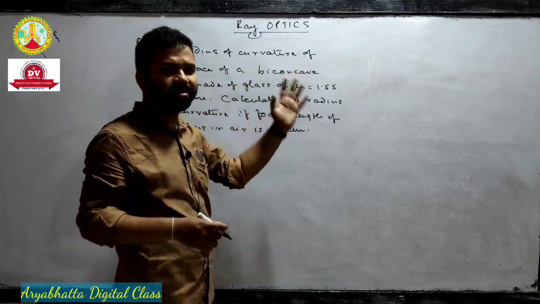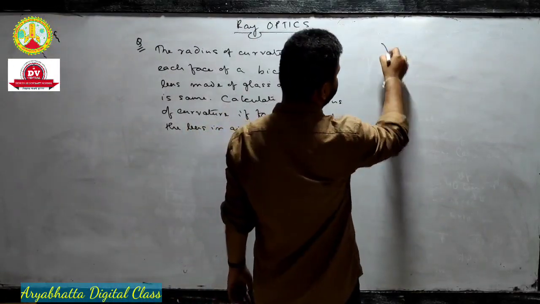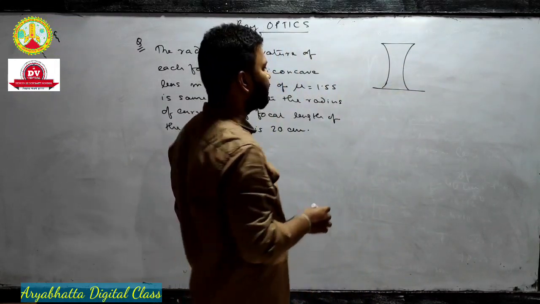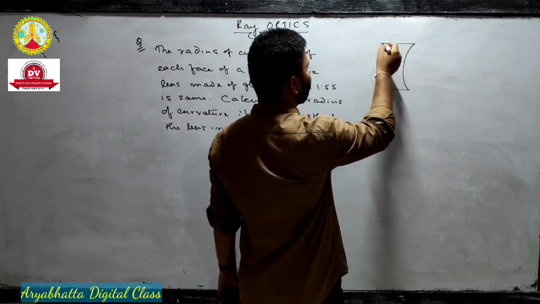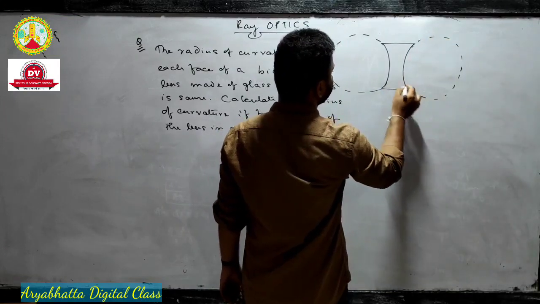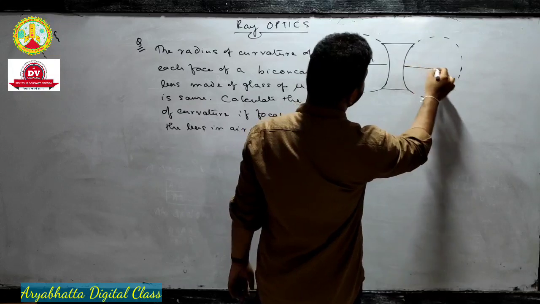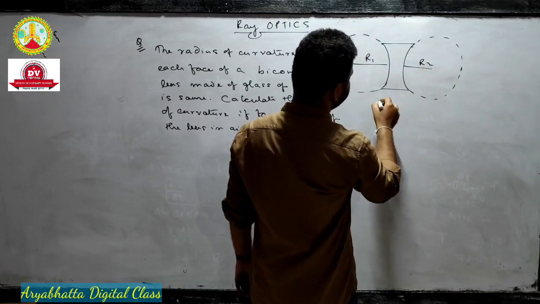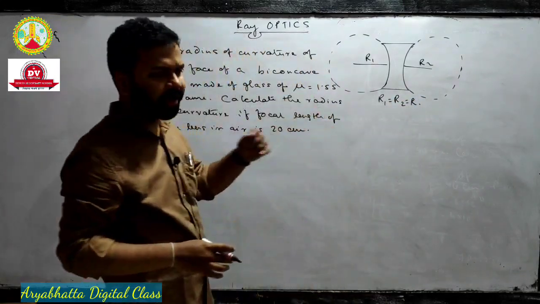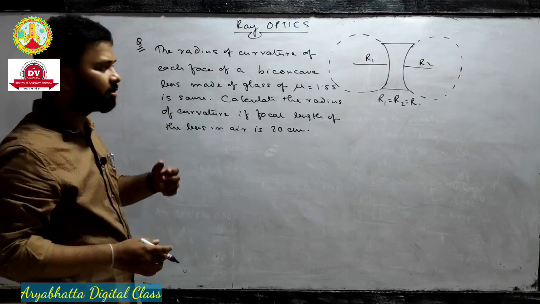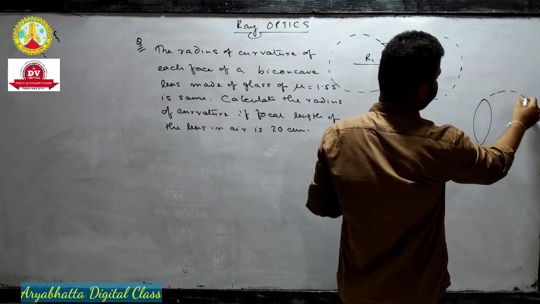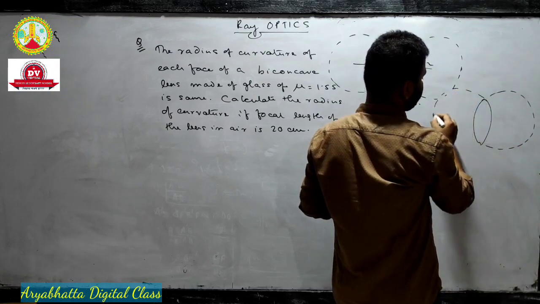Biconcave means what? Biconcave means concave, this is a concave surface, this one is another concave surface, this is known as biconcave. Okay? Now what do you mean by radius of curvature? Look, this is a part of two spheres, no? One is this one and another one is this one. So how many radii of curvature? 2. One is this one, another one is this one. So as per the question, here R1 is equal to R2 is equal to R. This is given. You can draw a diagram. The lens is also part of two spheres, as I have said, this one. So here we have got one sphere and here we will get another sphere.